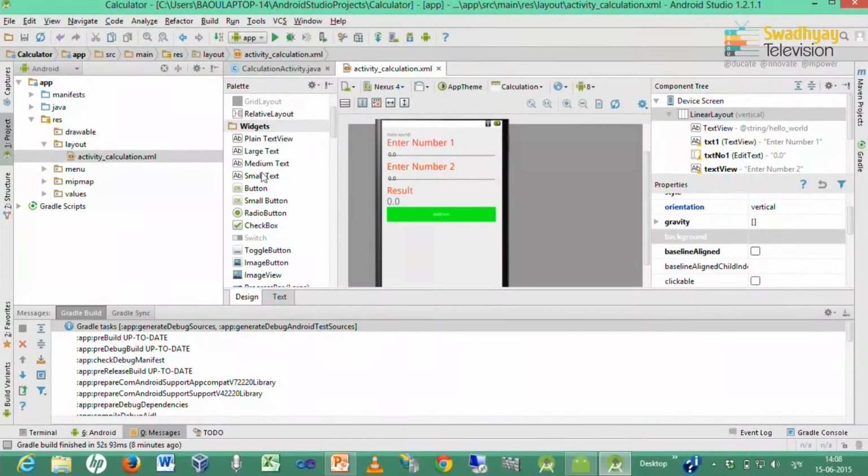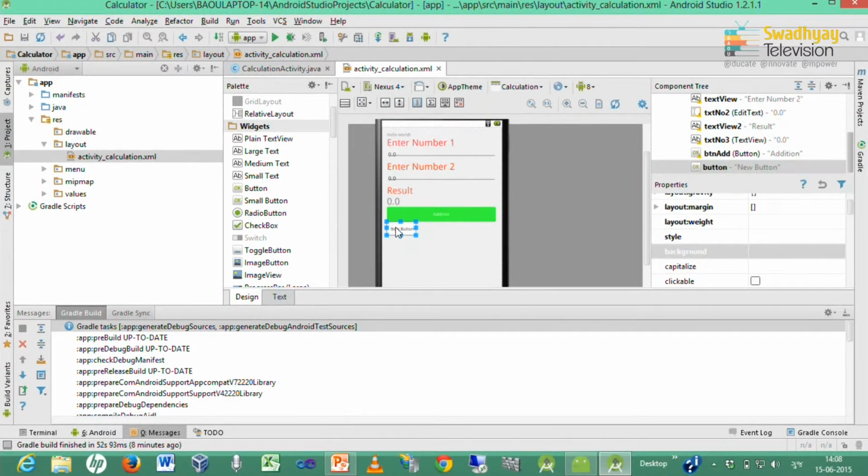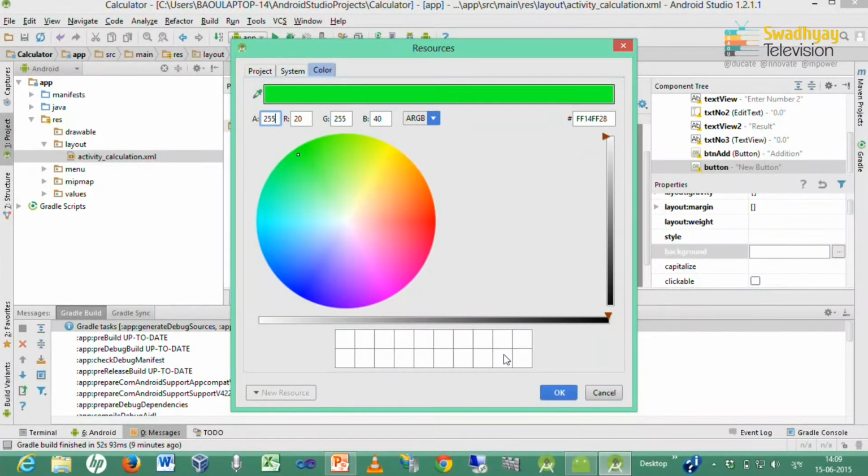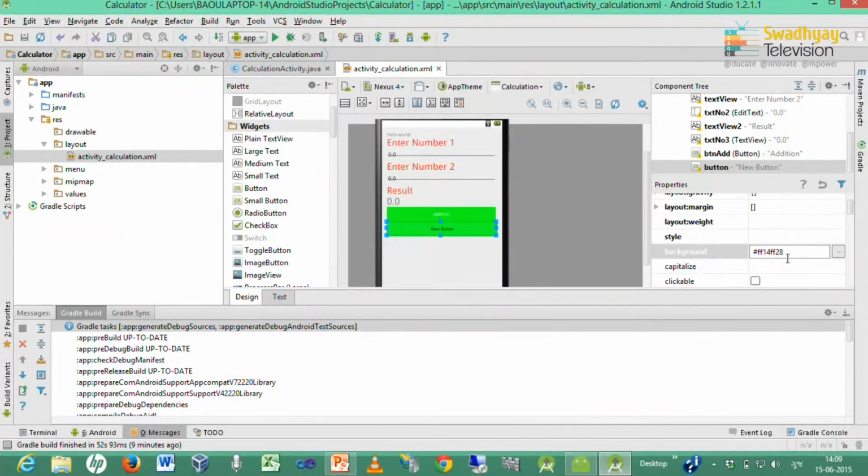Now I am dragging another button for subtraction. Again I set its background to green and its caption to subtraction, and I give it the name btn sub, that means subtract.